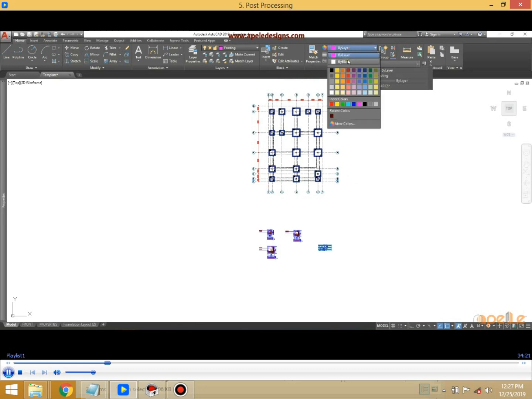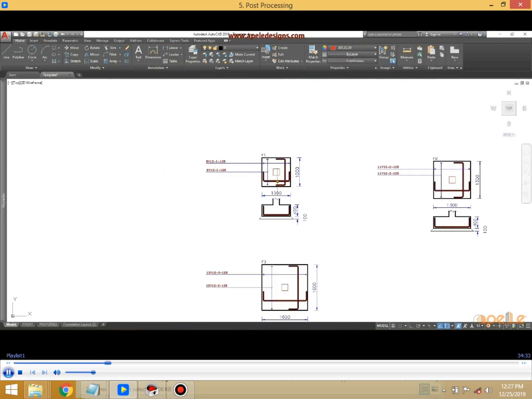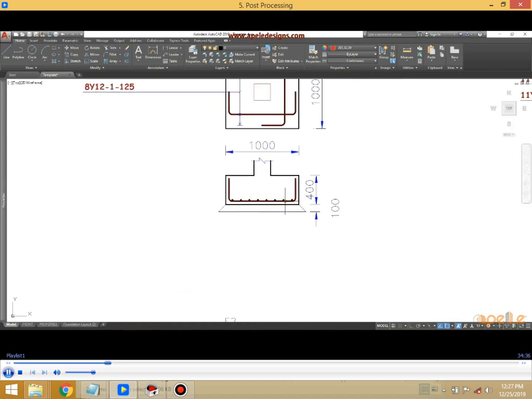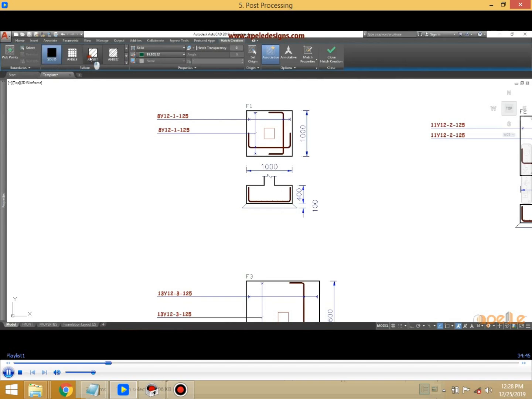You come here, give it a block color, and give it a thickness of 40 or 35. You can escape now. And this is neat. Then you come to hash patterns. Pick on hash, pick on this, and give it a value of 10. Hash this one, hit enter,